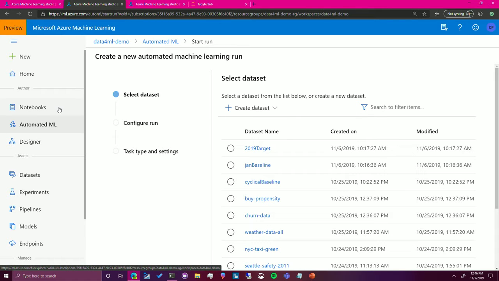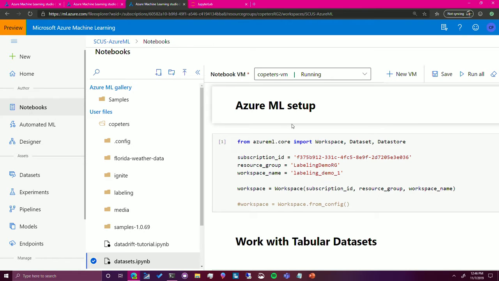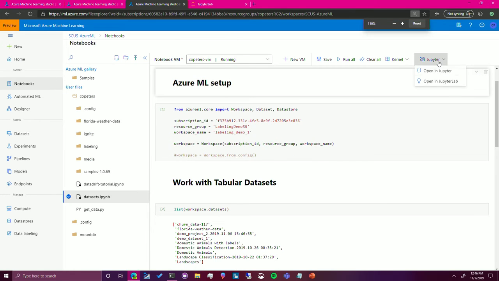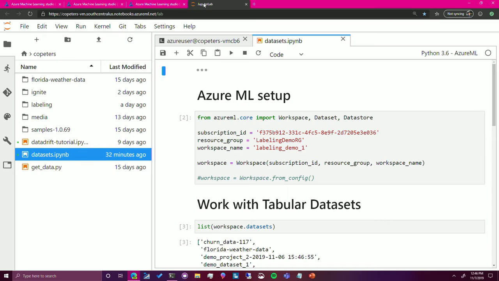Lastly, we can head over to notebooks. So I'll head over to one that I've created before. This is in our new notebooks UI, integrated directly into the studio. You can run these notebooks right here, or optionally, it's a little too zoomed in to see, but on the right-hand side here, we have the option to open it in Jupyter Lab. You see, there we go. So I can open this directly in Jupyter or Jupyter Lab. I've gone ahead and done that here.